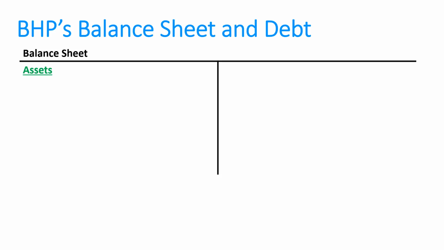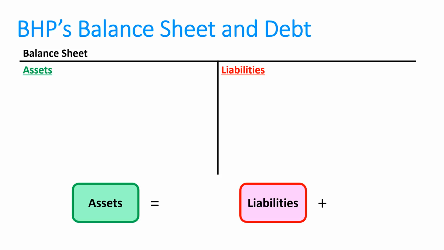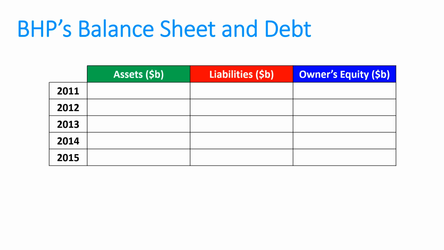So let's have a look at their balance sheet. We know a balance sheet has assets on the left. We know that equals, accounting equation style, the liabilities plus owner's equity. So let's have a look at BHP's accounting equation in the last 5 years. We can see assets 102.9 billion, liabilities 45.1, owner's equity 57.8, and each year it's sort of gone up for